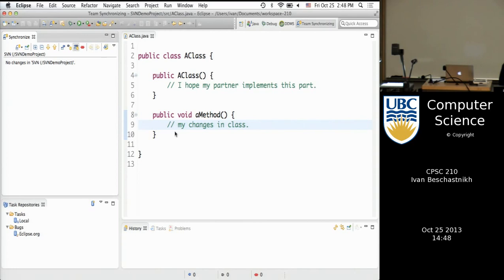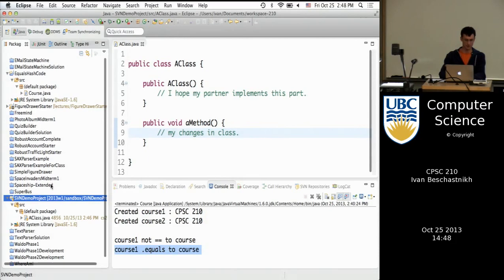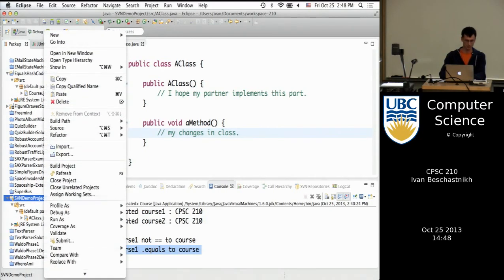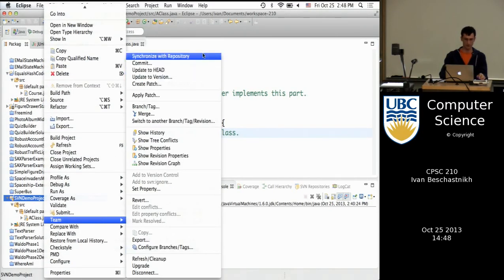So I'll update this thing. And now I have no changes. If I go back to Java, and here it is, right? My file was updated with changes in the class. So my changes from this computer went to this computer through the server by following a strict sequence of steps. And the most important of which is that you should always synchronize the repository before you update. So this is all under team synchronized with the repository. OK, so that's a quick overview. We'll see you